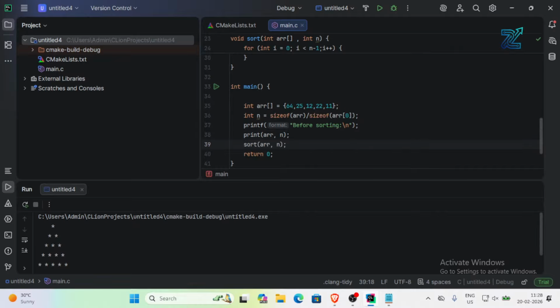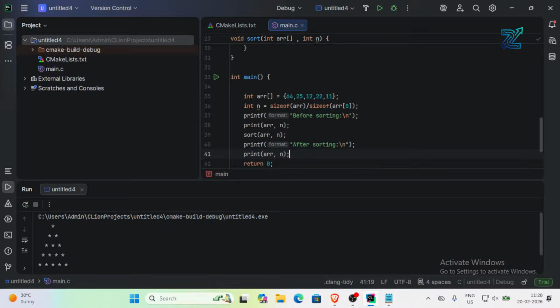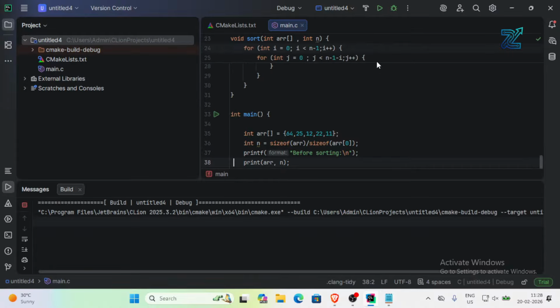After that, I will sort the array. After sorting, I want to print the array. So I am printing the array. I am printing before sorting, printing the array elements and sorting, and after sorting printing again. So if I run this,